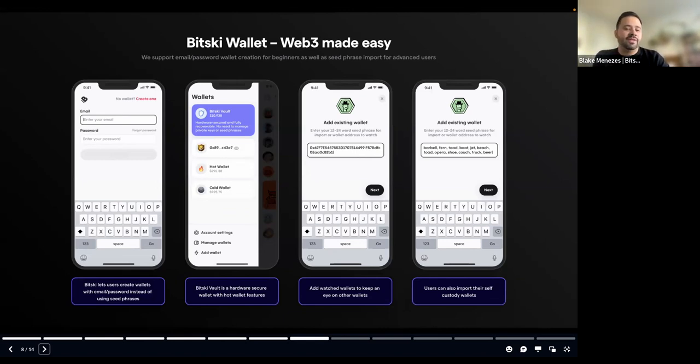Yeah, you're able to pull in that self-custodied wallet. So I like to say that it's good for beginner, intermediate, or more advanced Web3 and crypto users. It allows people at all levels.